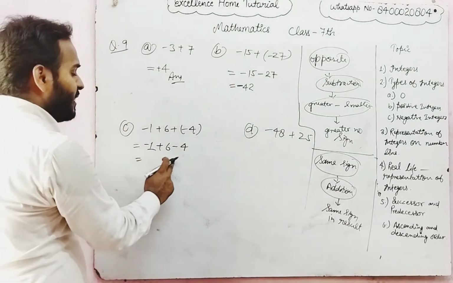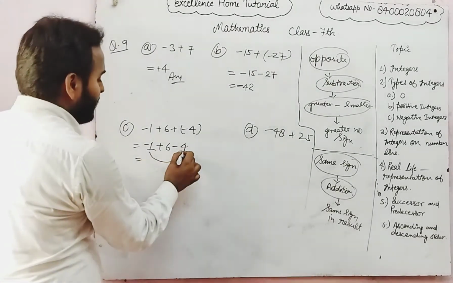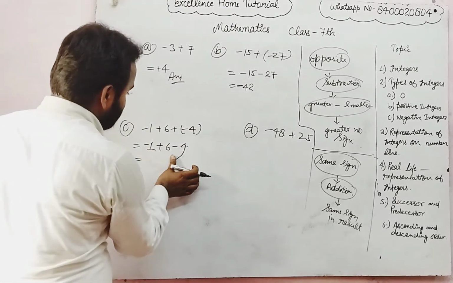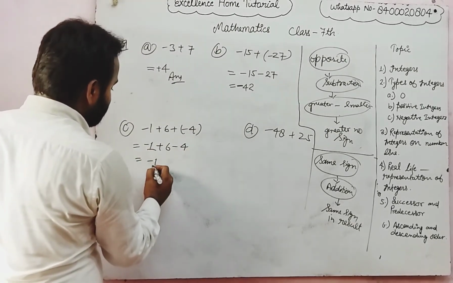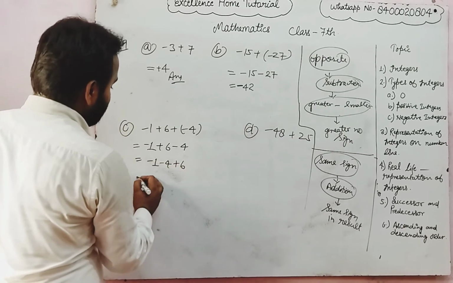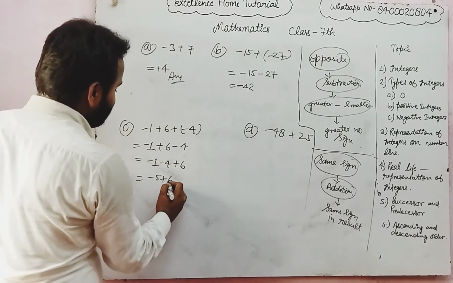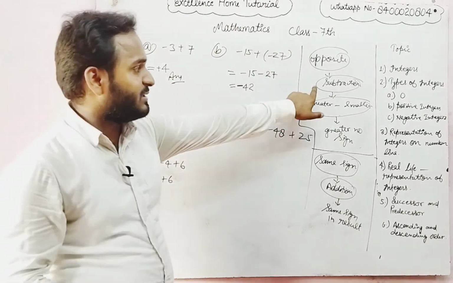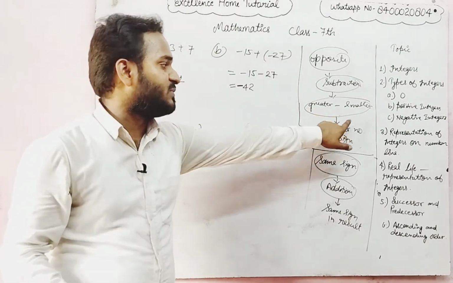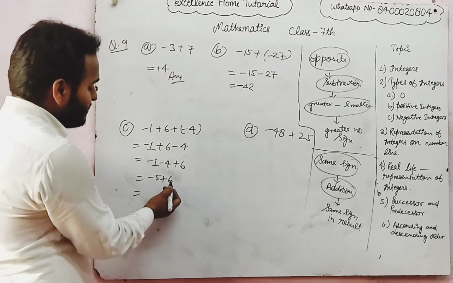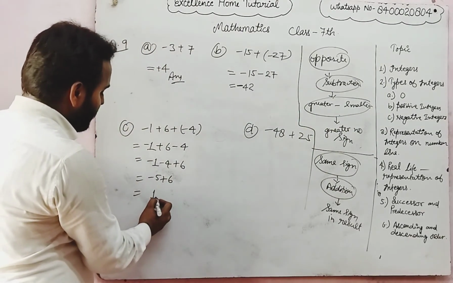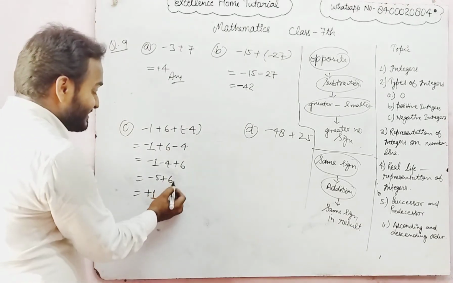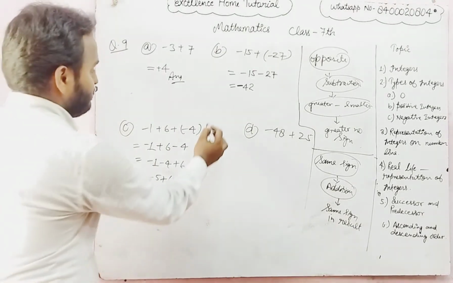अब यहाँ पे हम देखेंगे ये भी निगेटिव, ये भी निगेटिव, बोथ आर निगेटिव नंबर्स, सो बोथ नंबर्स आर एडेड, both numbers are added, that is -1 -4 plus 6 and this is -5 plus 6. After that both are opposite sign, so subtraction is applied and greater number minus smaller number and greater number's sign, that is 6 minus 5, this is 1 and plus sign is applied because 6 has plus sign.